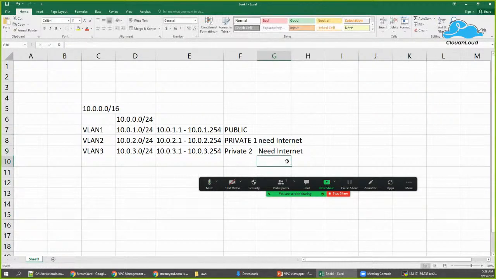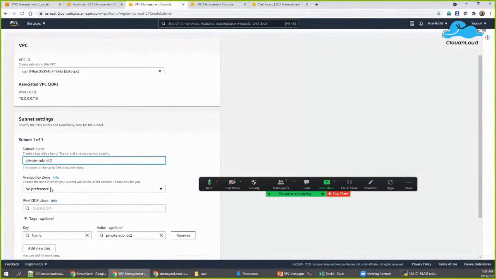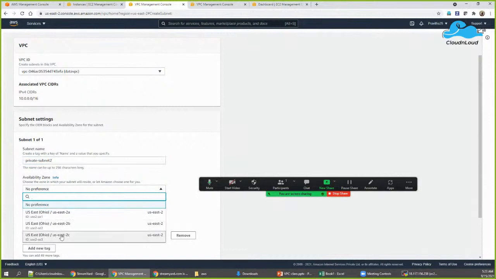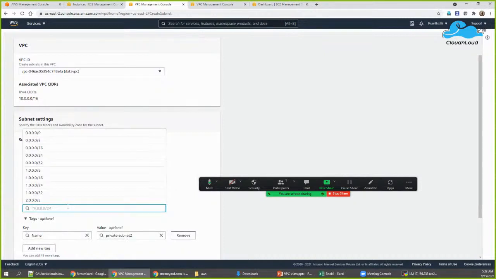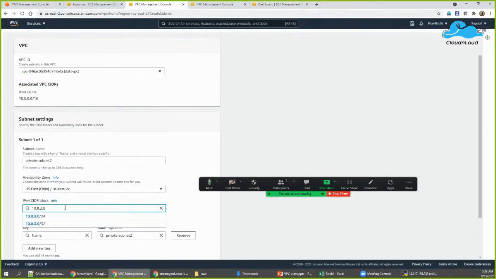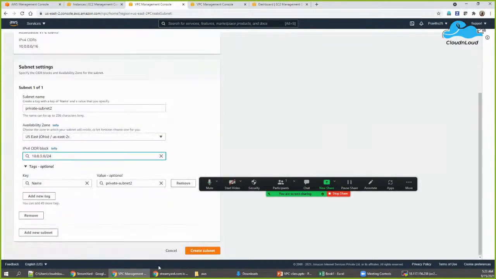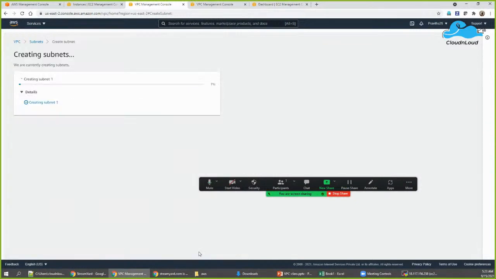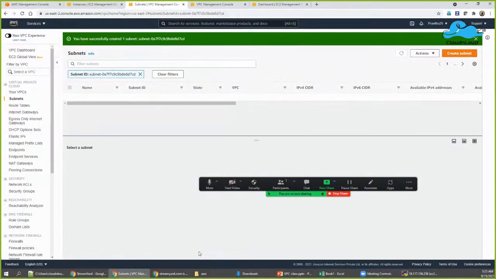So both need internet. Now in this scenario, we are just going to create. What is the range? 10.0.3.0. Go back to your VPC and select one of the availability zones, either 2B or 2C. I am selecting 2C, 10.0.3.0/24. Come down, say create subnet, wait for it. Once it's created,